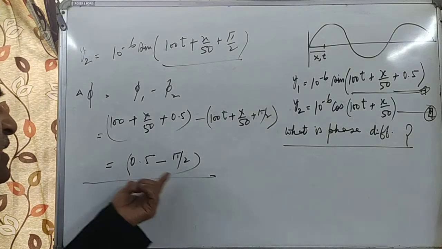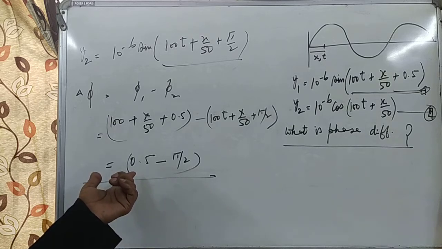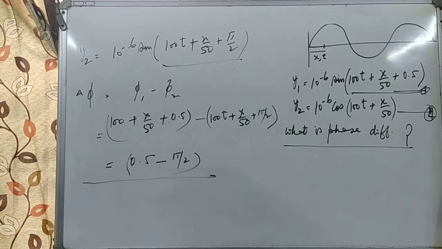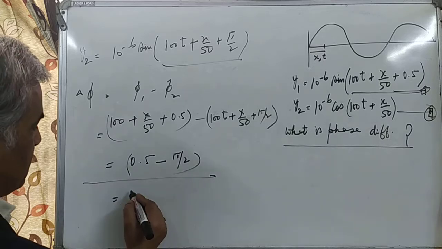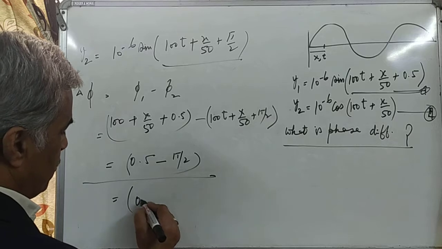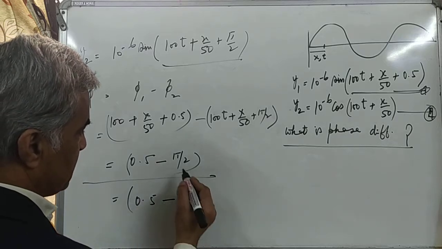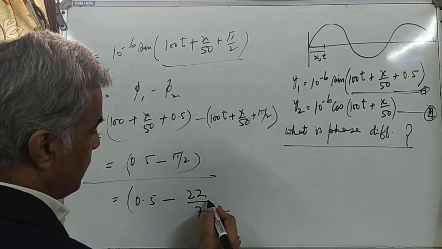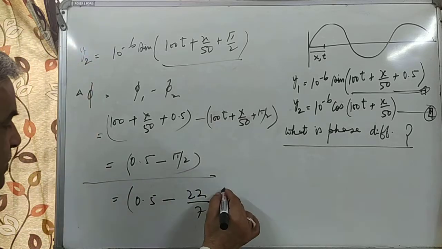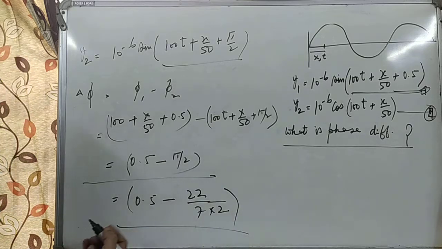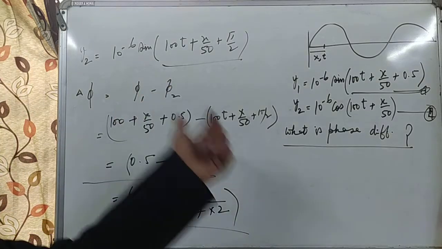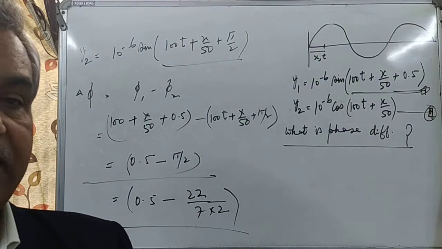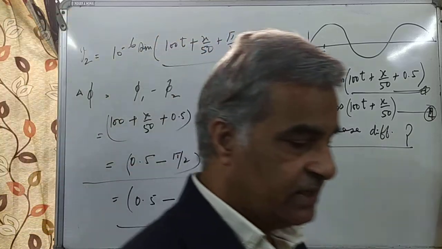Further you will simplify. This is in radian, so convert this and this in degree and subtract. So further this is 0.5 minus pi, where pi is 22 upon 7 into 2 pi by 2, simplify this and convert into degree. This is your answer. In case of any doubt, please ask me. My next question is,